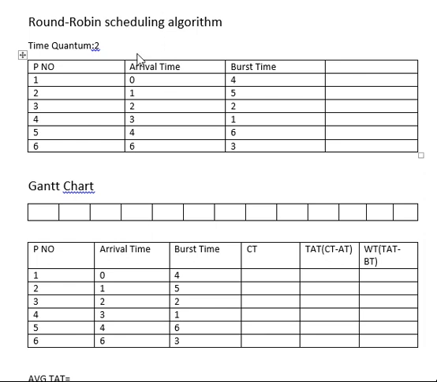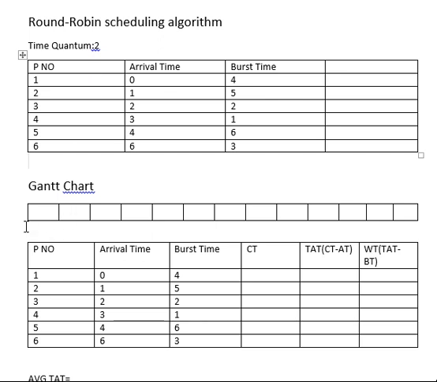So let's get started with the problem. This is the problem given to us. We have arrival time and burst time given. The first thing you need to see when a question is given is what time quantum is given to you. In the given question it is just 2, so we have to allocate each process a fixed slice of 2 if its burst time is greater than 2. If its burst time is less than 2, then we have to allocate only as much time as the process requires, right?